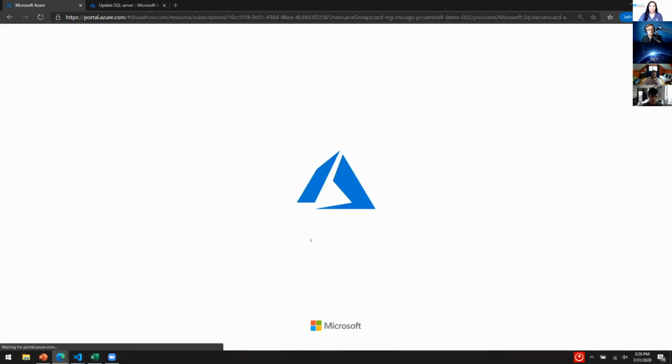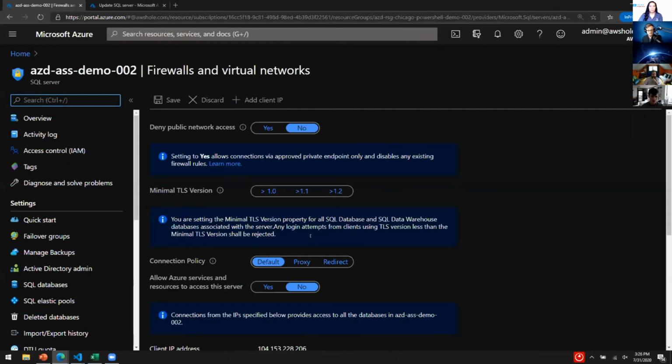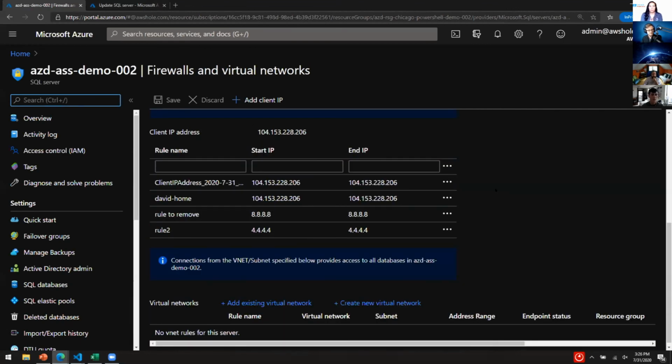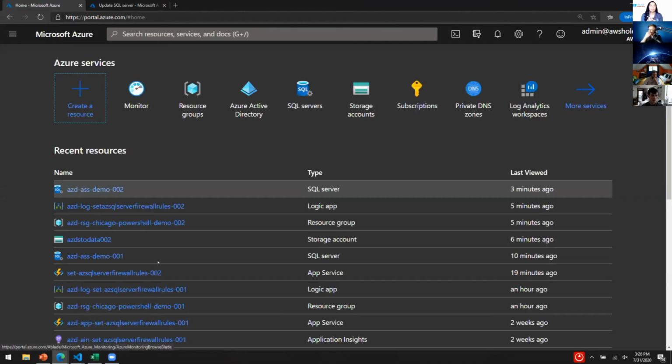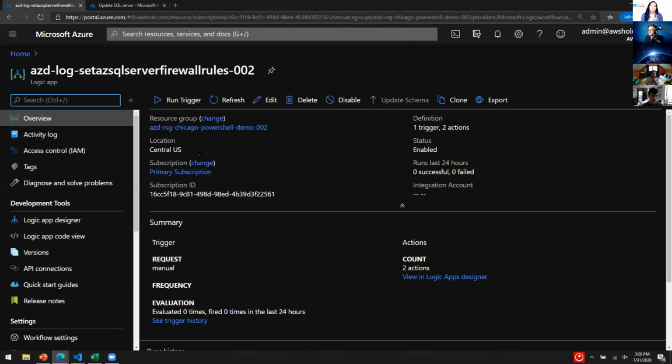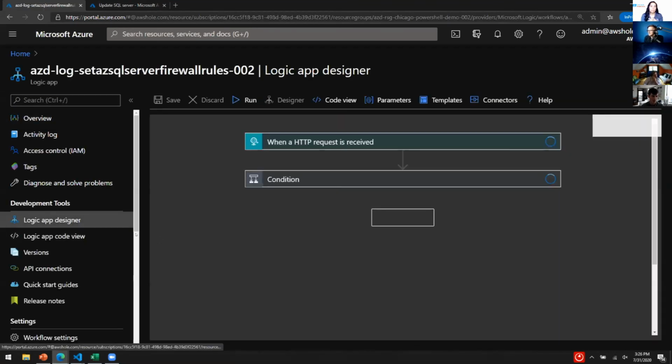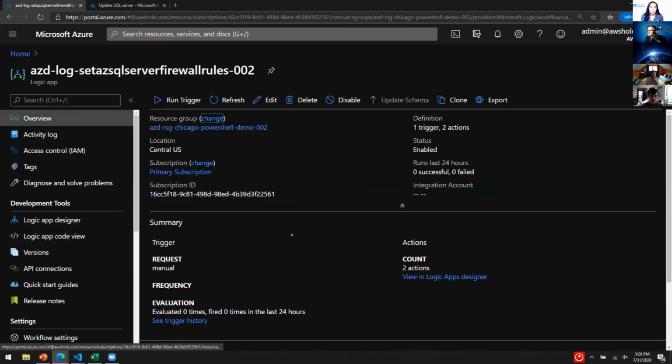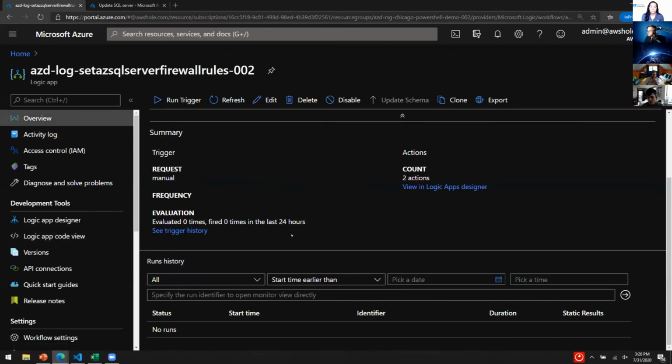So with that, I can check and see if our firewall rules, when I refresh here, have been removed. I'm hoping that they have been, crossing my fingers, and they haven't. Demo did not work out as well as I thought it would, but let's quickly look at why. I'm pretty sure it's probably because the logic app didn't receive an alert, or it's because I didn't set that correct value of the